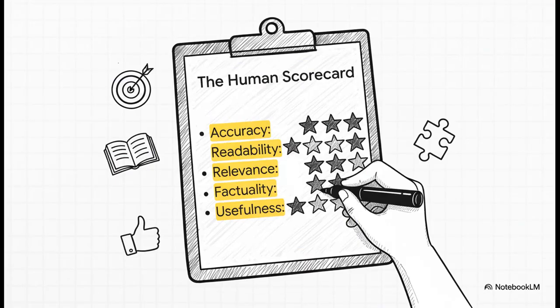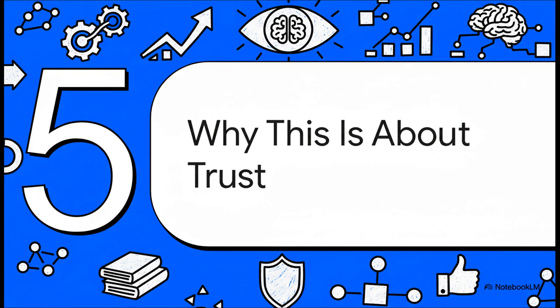And all along that journey, especially in those early stages, this is your best friend, the human scorecard. It's just a structured way for your domain experts to rate responses across all those key qualitative dimensions we talked about. It makes sure the model isn't just technically working, but that it's actually valuable and useful to a real person. At the end of the day, all of these metrics, all these scorecards and strategies, they're all pointing toward one single, really important goal.